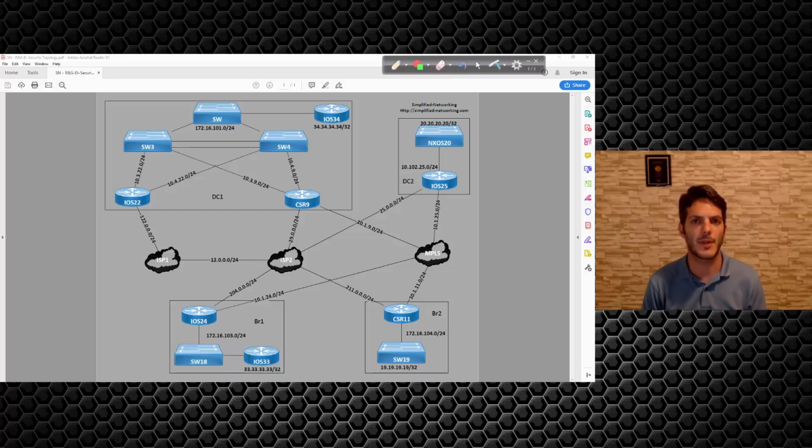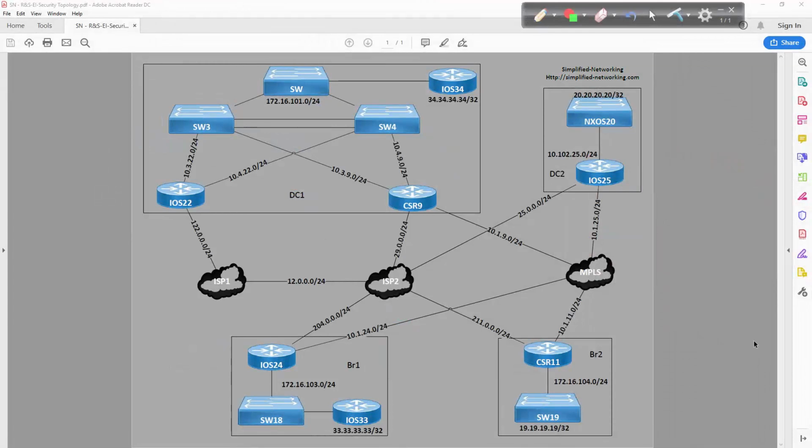Because we have our hub, IOS 22, which has a VRF pointing towards ISP1, we're going to have to do some unique crypto on IOS 22, and I'll walk you through that configuration. And then on the other routers, we're going to set up the spokes with a pretty standard configuration for phase 1 and phase 2, and then apply a tunnel profile to the tunnel so that we can actually encrypt the data. But what I want to do is walk you through what is actually going to be happening here in case you're not familiar with how crypto works with